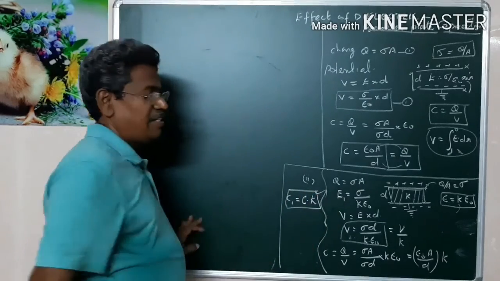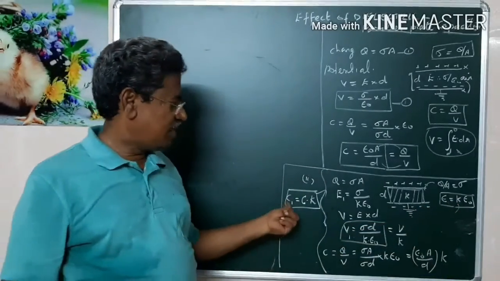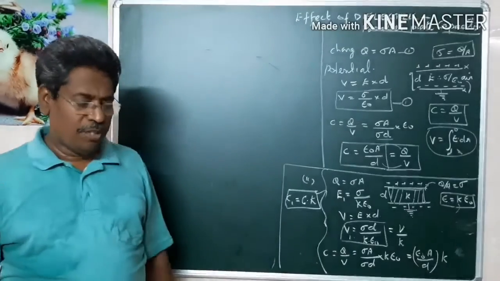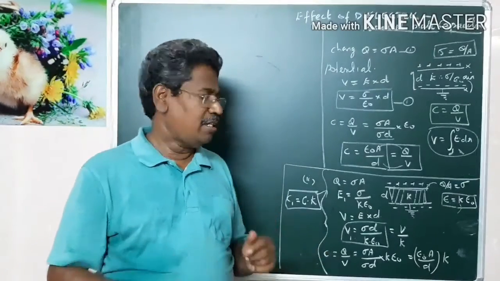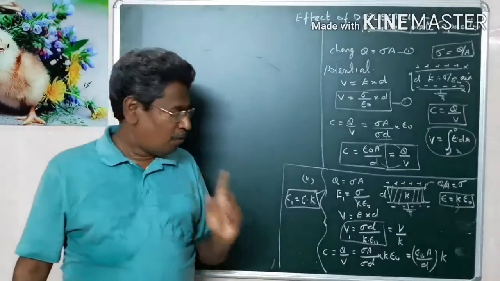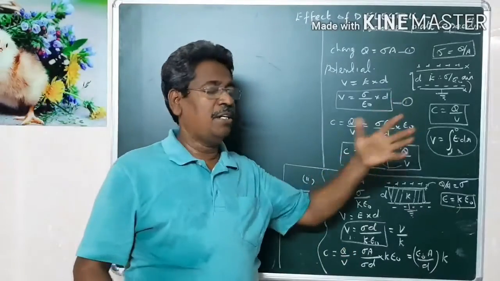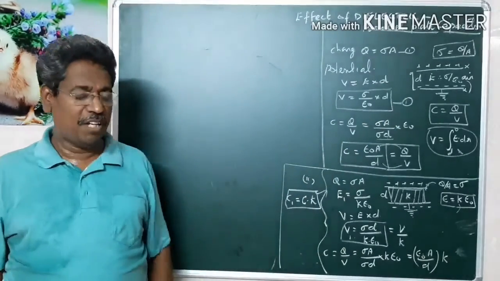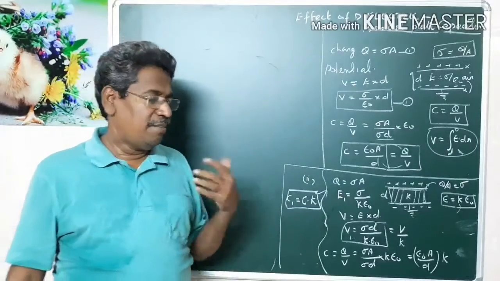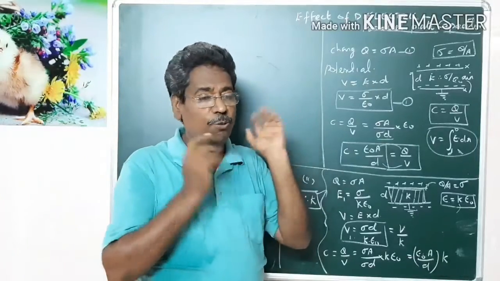Not only the dielectric strength increases due to the K, but also the capacitance increases due to the K. Therefore, which is better capacitor? It all depends upon the value of K. If you are selecting a dielectric material for which the K is high, it is a very good capacitor rather than an ordinary parallel plate capacitor. Therefore, the designing of capacitance and the value of the capacitance and everything depends upon the nature of the dielectric material you are using between the two plates.